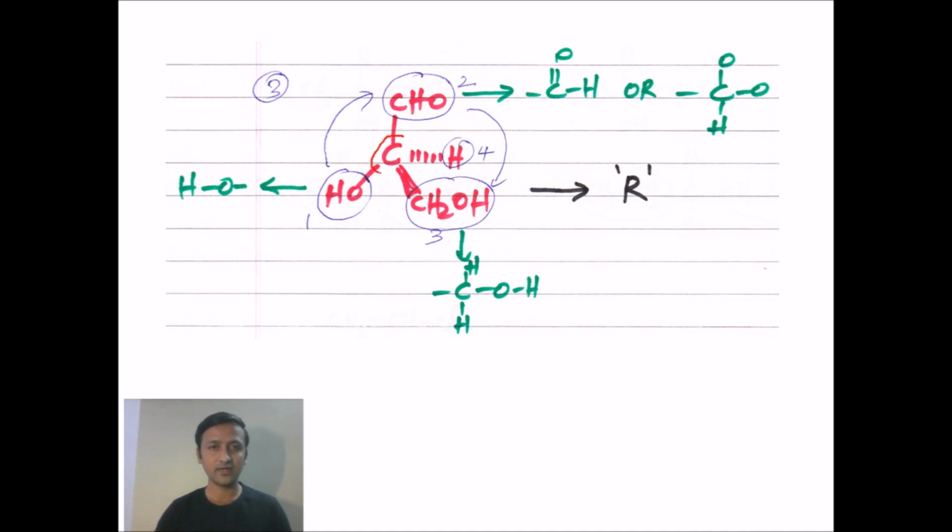Okay, we got a chiral carbon atom and the groups attached here. One is hydroxy, then you got CHO, the aldehyde group is present, hydrogen is present, and CH2OH. Right, so first we need to give the priority order. Okay, first you can see OH now, carbon attached to the oxygen, right? In the second, attached to carbon, hydrogen and carbon. So we can say easily, right, OH gets highest priority, so 1 to be given for OH.